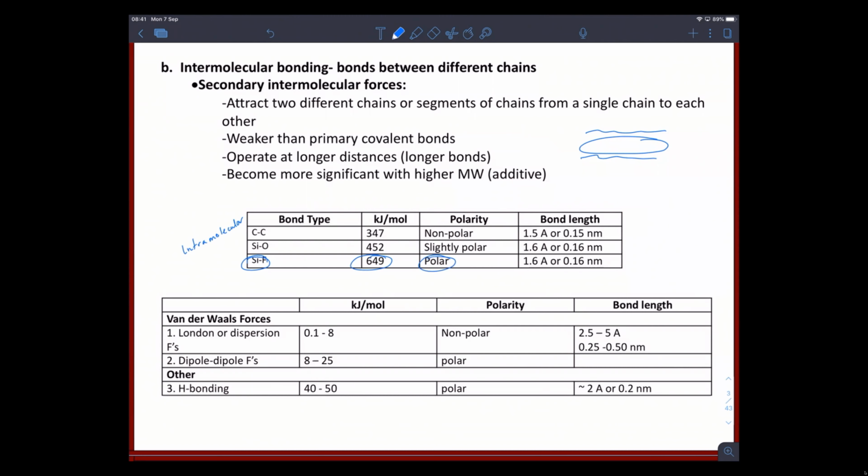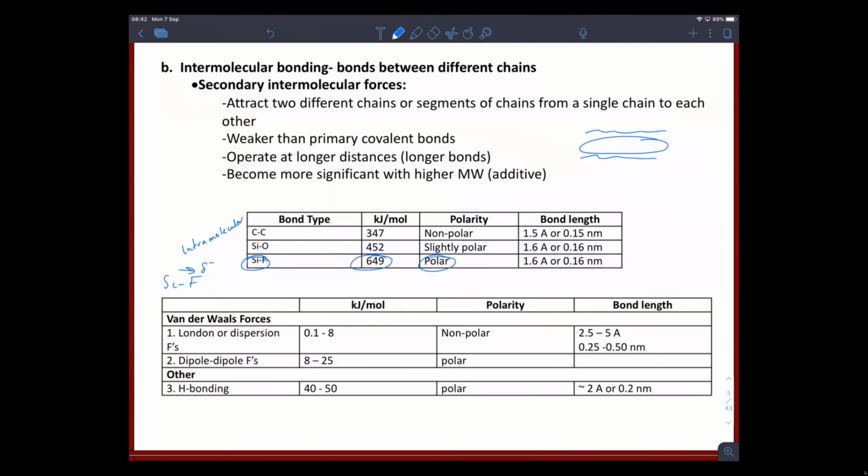And it's polar because we have an electronegative atom on that bond. So in this case, the fluorine will draw electron density towards it, and that's important. Now, when it comes to van der Waals forces, and these are the intermolecular forces, we can